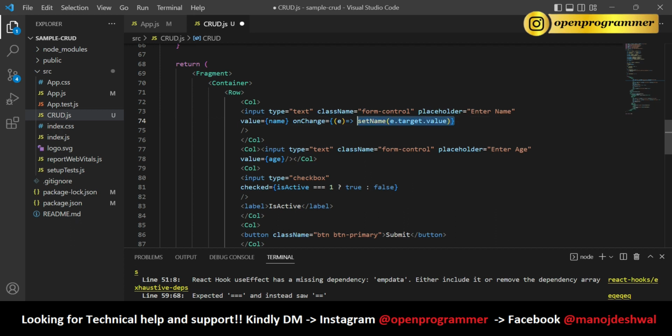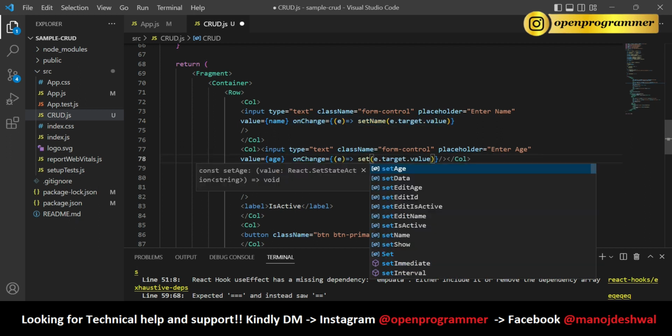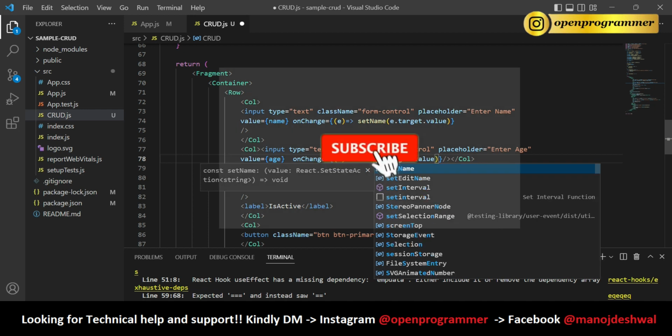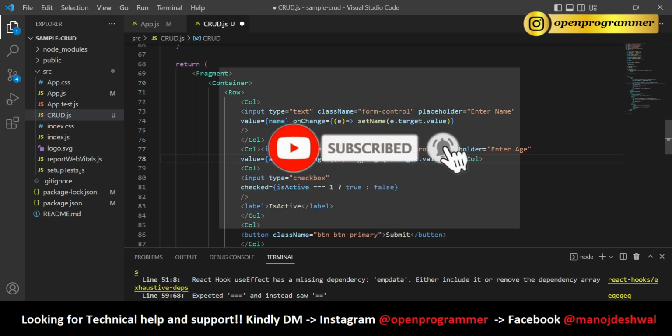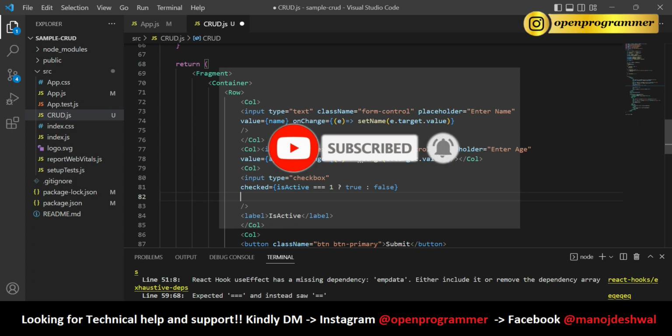Let's copy this and paste for this age and change the function as set age, and also create an on change event handler